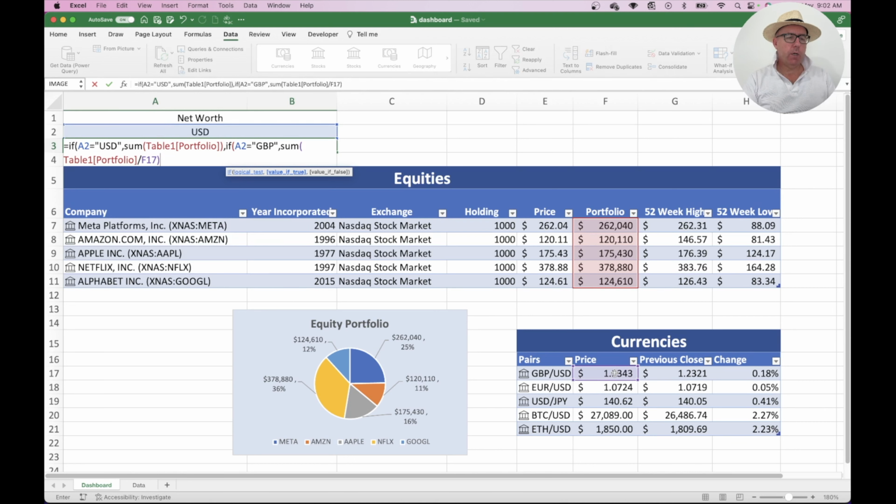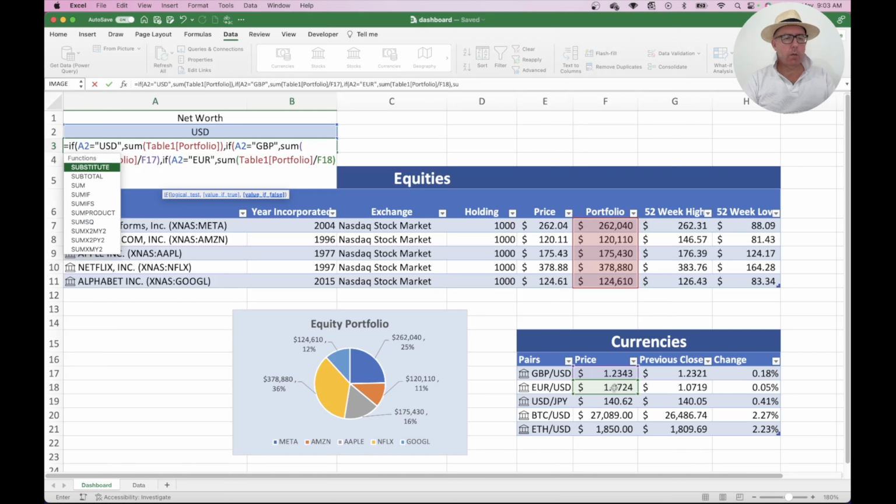and then the next question is, well, okay, if it's not the dollar USD and it's not the pound GBP, we say if A2 is equal to, in inverted commas, euro, EUR, then close the inverted commas. Then what we need to do is sum up again the same portfolio, but this time we need to divide it by the euro rate and not the pound rate. We close the parentheses. And then the final thing is if it's not US dollar, if it's not GBP, it's not euro, the only thing it can be is yen, and therefore you don't need an if statement, you just need to do the final result, so comma, and then you will say sum and open the parentheses,